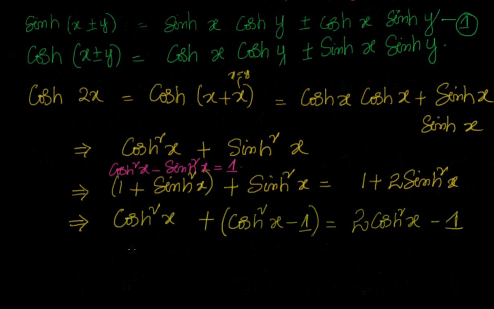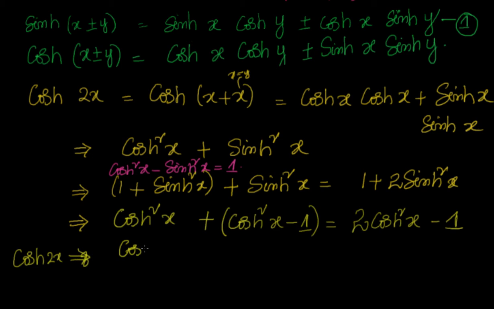And also you can write this in terms of tanh. How can you write it? We know that cosh²θ minus sinh²θ equals 1. We have seen that already, right? So what I can do, I can divide cosh 2x, that is cosh²x plus sinh²x, by 1. Then let us see what happens. This is another formula actually, that's cosh of 2x